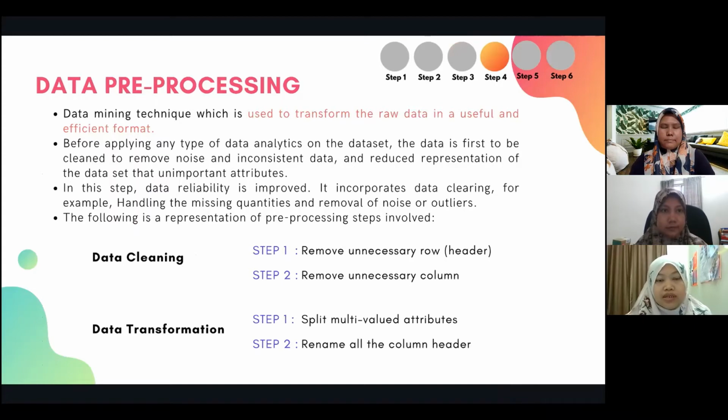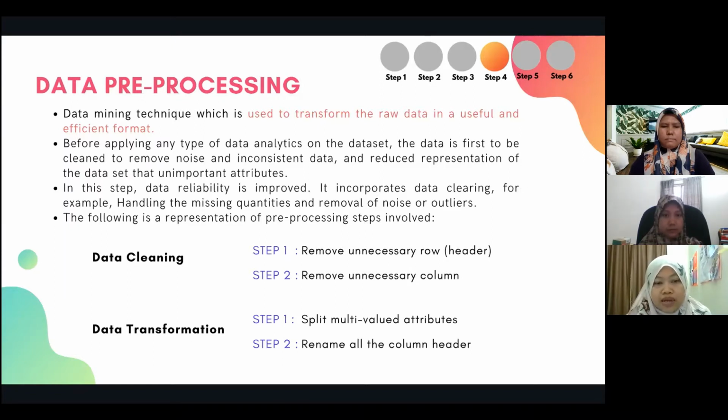Data pre-processing is a data mining technique which is used to transform the raw data into a useful and efficient format. So before applying any type of data analytics on the data set, the data is first cleaned to remove noise and inconsistent data and reduce the representation of the data set by removing unimportant attributes.